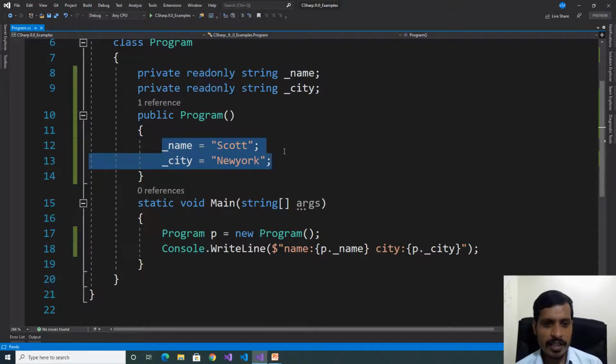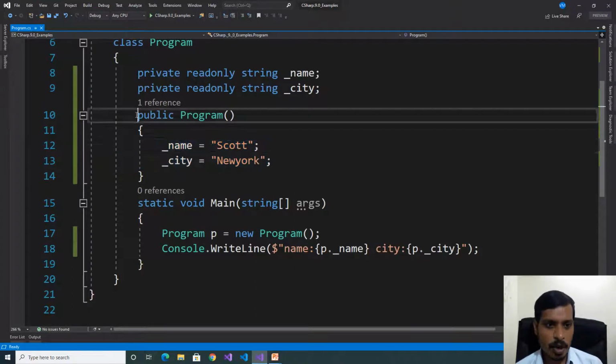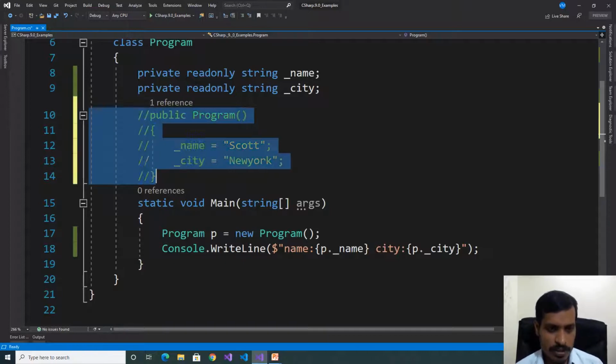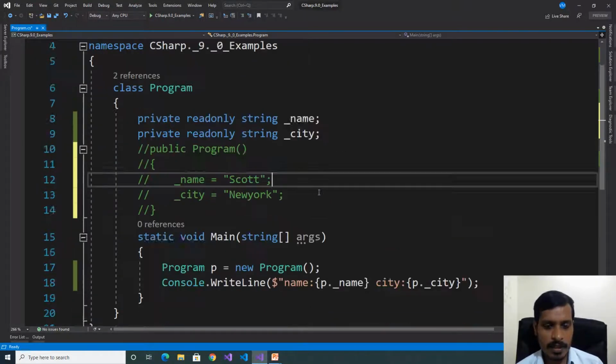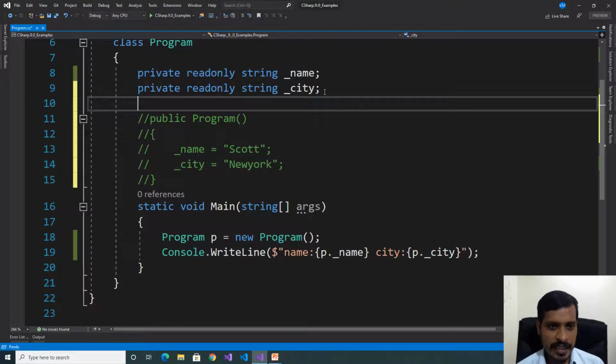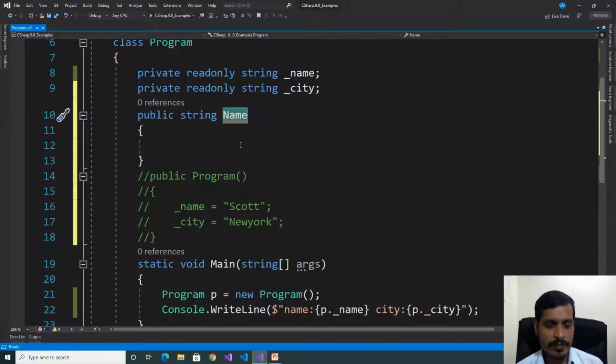In C# 9, init setters were introduced. Now we'll use init setters to assign values to read-only fields. Comment this code, Ctrl K, Ctrl C. Here, create init setters using properties: public string Name. This is the property. Usually properties contain getter and setter accessors.